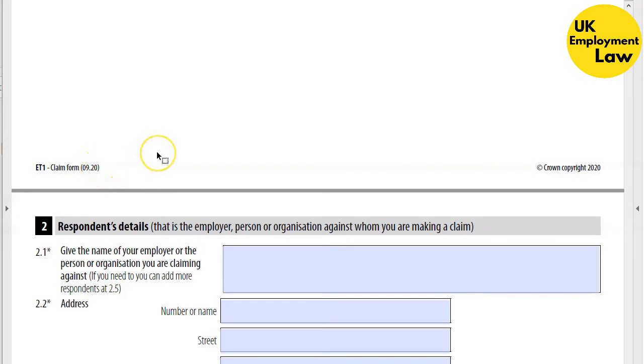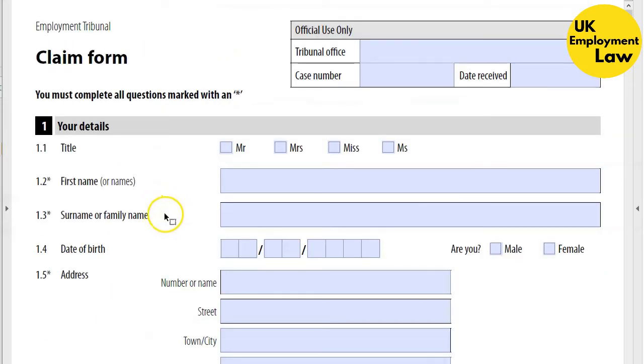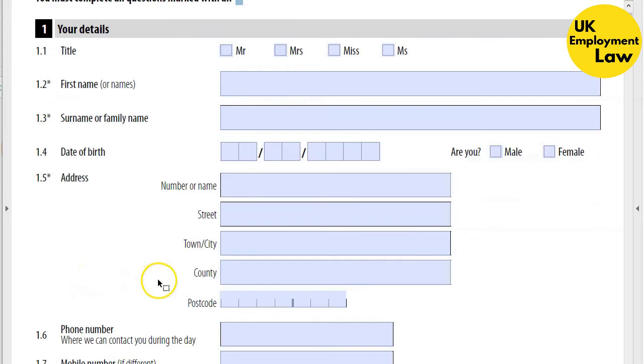ET stands for Employment Tribunals. As you can see further, under the title Claim Form, there are some questions marked with an asterisk. As it says here, you must complete all questions marked with an asterisk. For example, 1.2, 1.3, 1.5. 1.2 is your first name, 1.3 your surname or family name, 1.5 is address, and then if we go on,